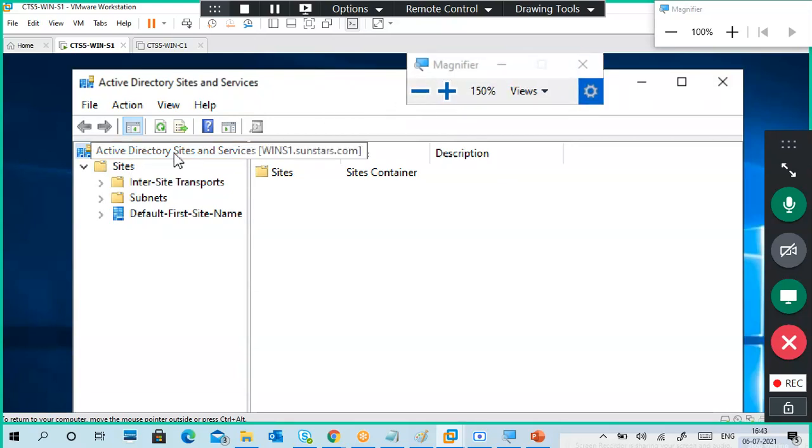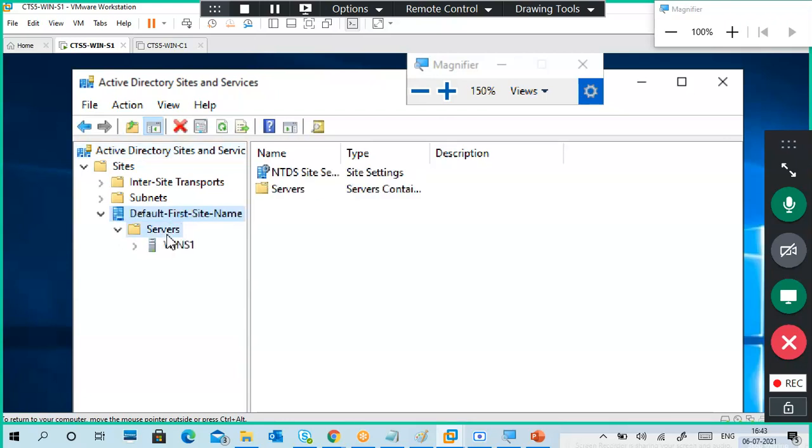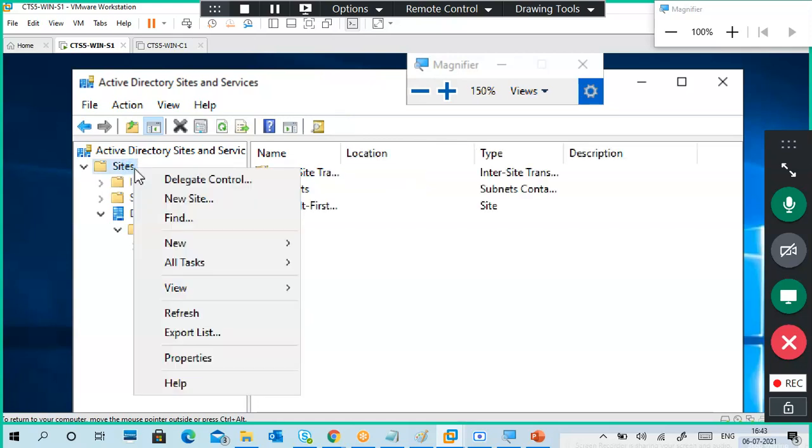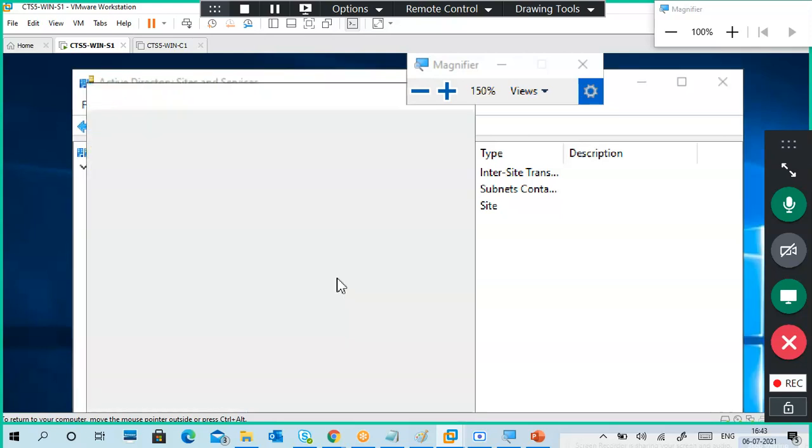Okay, see, this is Sites and Services. This is the Default-First-Site. Under that, in Servers, you can see WIN-S1, our server only. I have only one domain controller. For example, if I want more sites, I can create a new site.